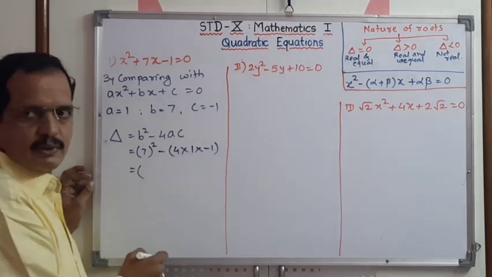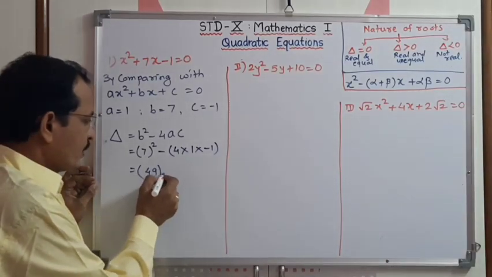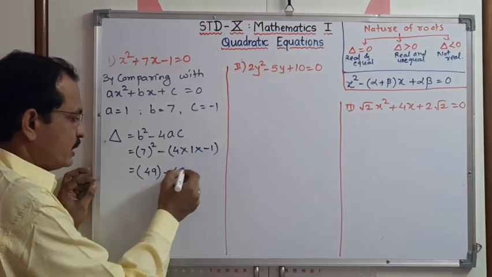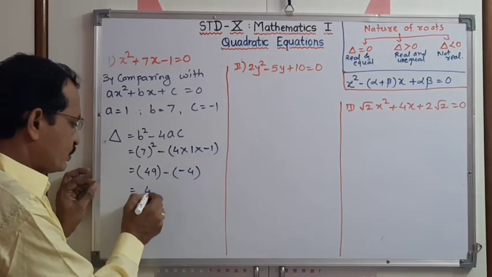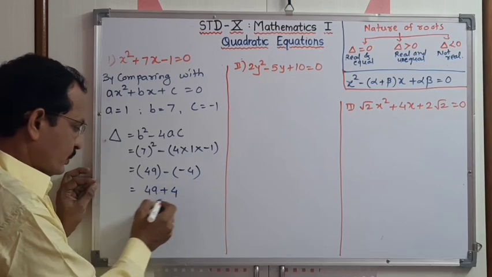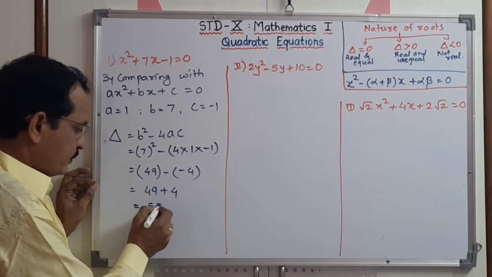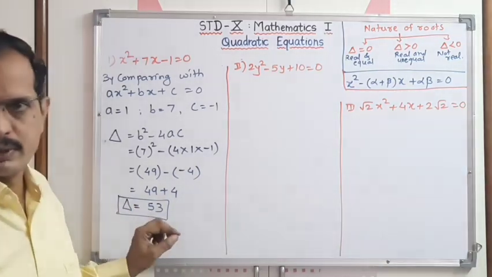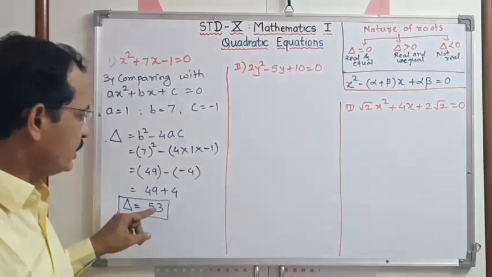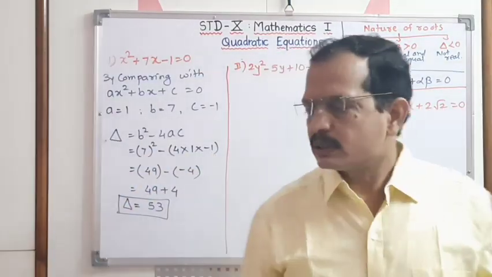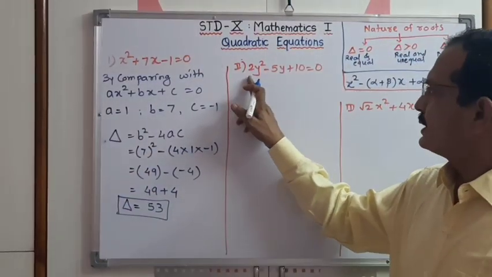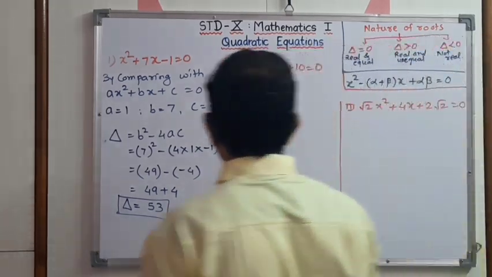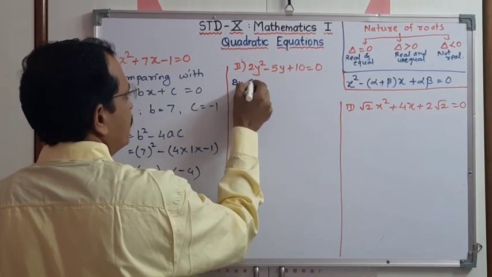Now square of 7 is 49 minus 4 into 1, and 4 into minus 1 is minus 4. Now it is 49 plus 4, it is 53. We just have to find out the value of delta, it is 53. Now see the second: 2y square minus 5y plus 10 equal to 0. It is in a standard form. Therefore first of all we have to write by comparing